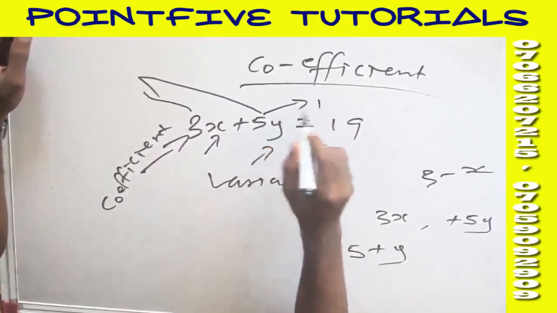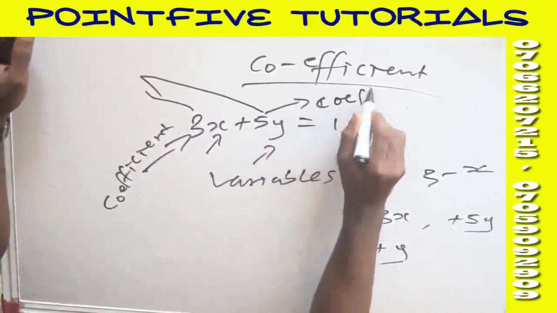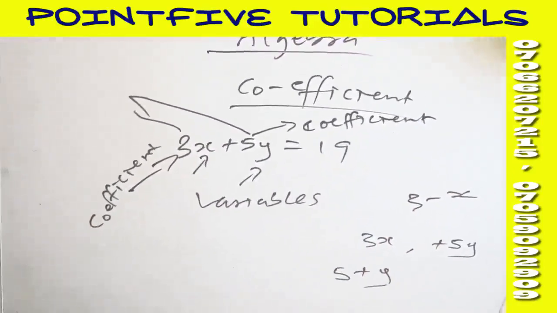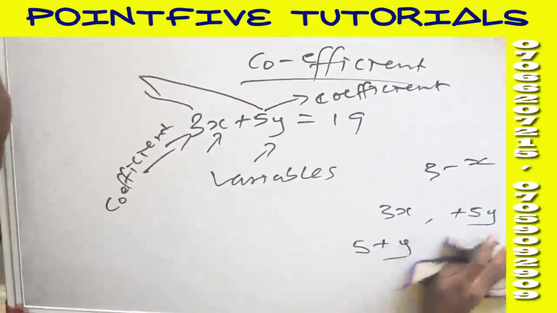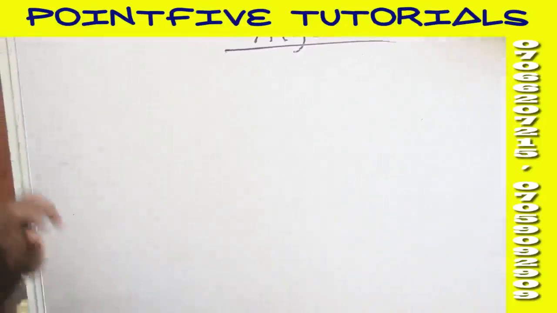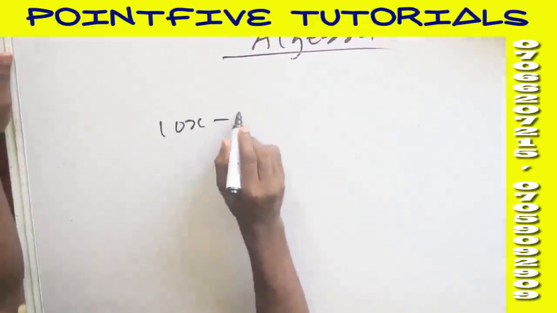and plus 5 is said to be the coefficient of y. So a coefficient is a number with a sign that is directly attached to a variable. So I could write 10x minus 11y